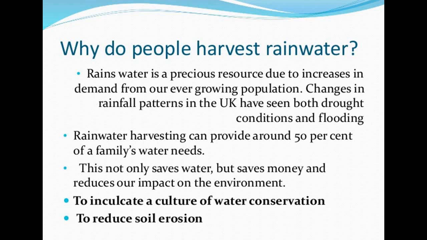So it is helping in more than a few ways, and it inculcates a culture of water conservation. This rainwater harvesting is useful to build a culture where we do water conservation together, as a team. So we should be a part of this water conservation. We should have water harvesting on our rooftop to save water for our future, and it is quite needed, and it is not even costly, and it could reduce soil erosion as well. So it is going to help you with soil erosion as well. You know what soil erosion is.